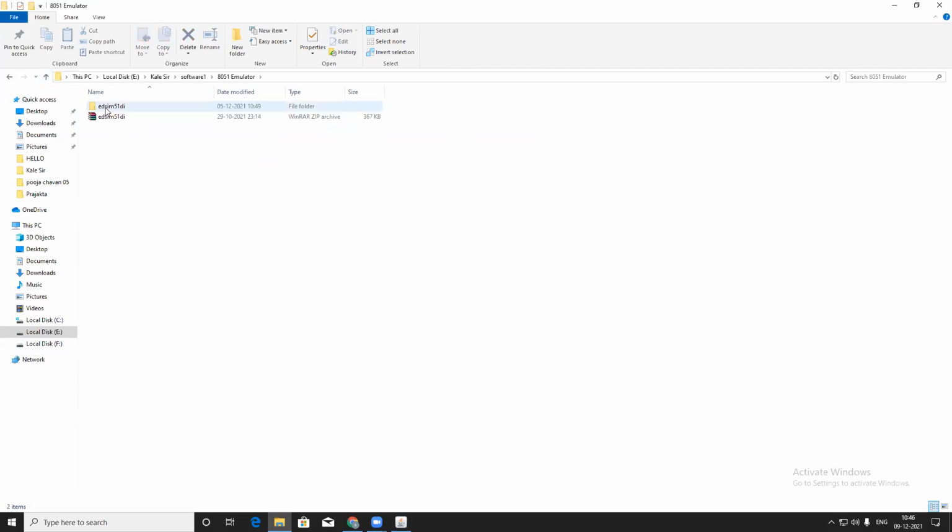So first, go to Google and write EDSIM 51. Get the zip file of EDSIM 51, extract that file, and you will get such a folder. After that, click on EDSIM and directly click on this Java file. But sometimes this file does not open if you have not installed the Java setup. So before you open this file, you must install the Java setup on your PC. Then go to the emulator, then EDSIM, and double click on EDSIM, and the file will open.